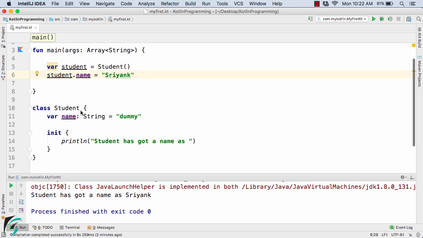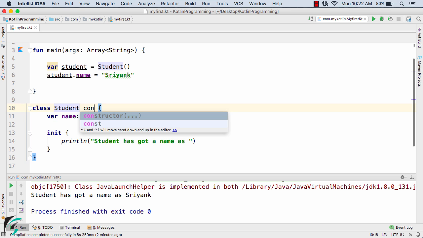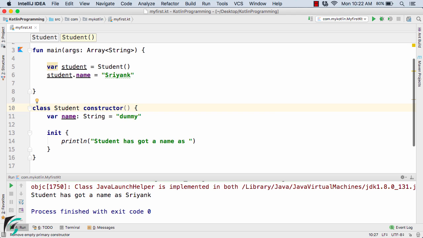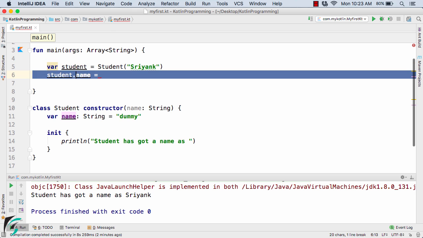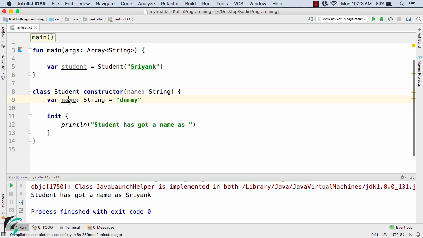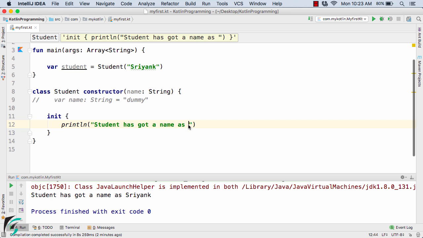So in case of Kotlin, we have the concept of primary constructor. So let's say constructor and simply here declare name colon String, right? So here I will simply pass this Sriyank as a parameter, and now let us remove it. And also I guess I can comment this name from here, right? So inside the init block I can simply print the name as $name, which is basically this incoming name from